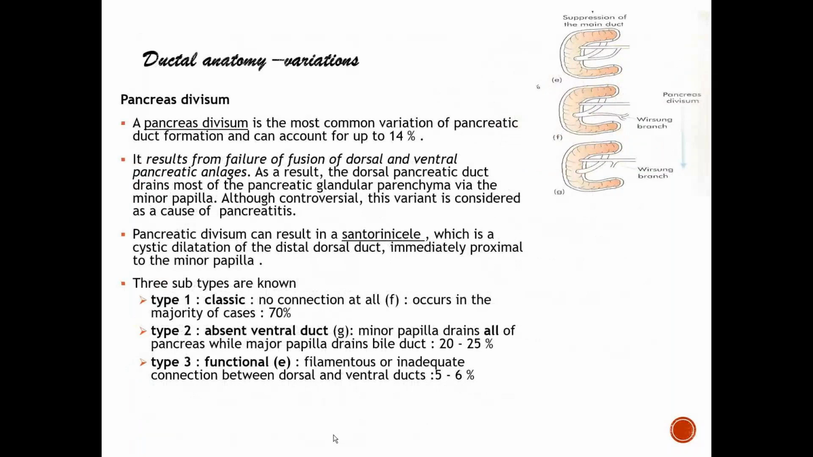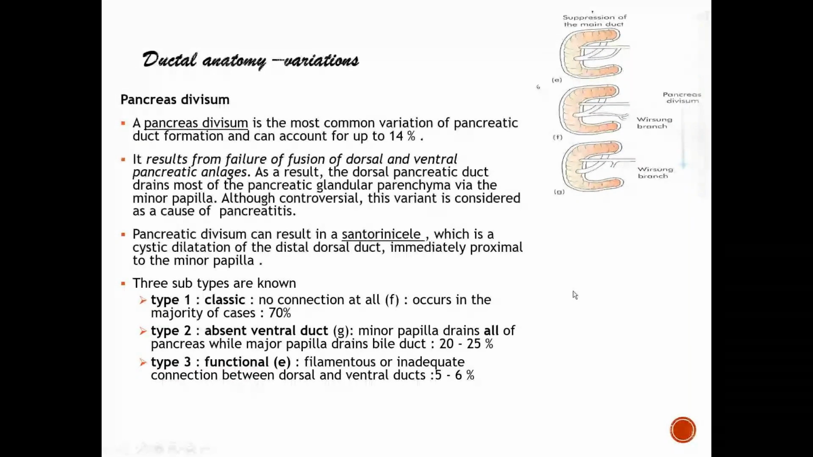Now, pancreas divisum, we have not talked about that yet. There are three types: classic, absent ventral duct, and functional. You have the classic, where there is no connection at all, which occurs in the majority of cases. About 70% of pancreas divisum cases do not have any kind of connection. You can have an absent ventral duct, like the example in G, where this duct is absent. This was the part to be made by the ventral bud, so that is absent. And you can have functional, where you have a very filamentous attachment between the two, found in 5 to 6%